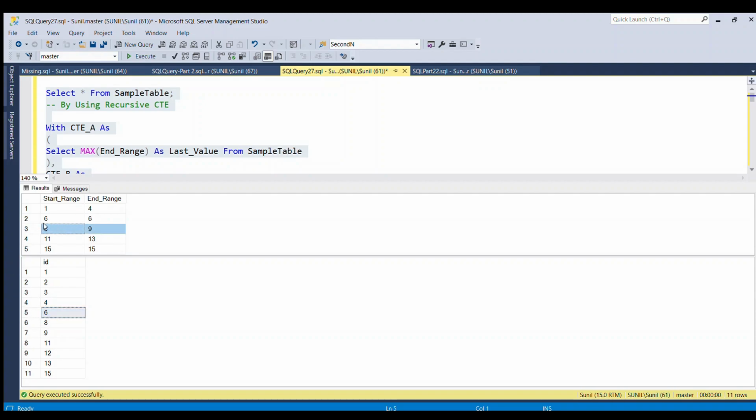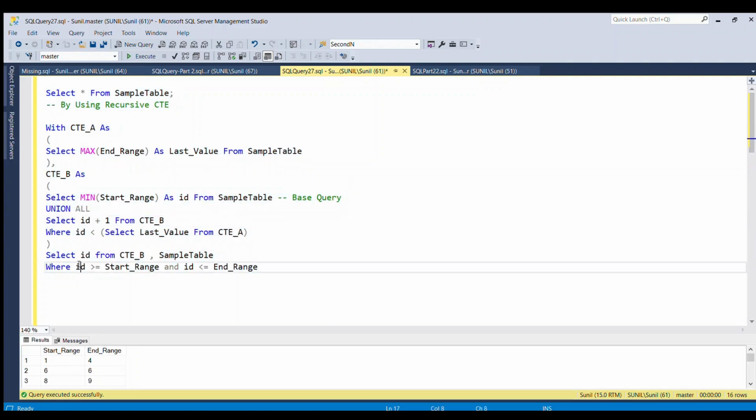In the third row, the start range is 8 and the end range is 9, and both 8 and 9 are coming in the output table. In the fourth row, the start range is 11 and the end range is 13, so we have the values 11, 12 and 13. In the fifth row, only 15 is there, and 15 is coming in the output table too. So this was the expected output.